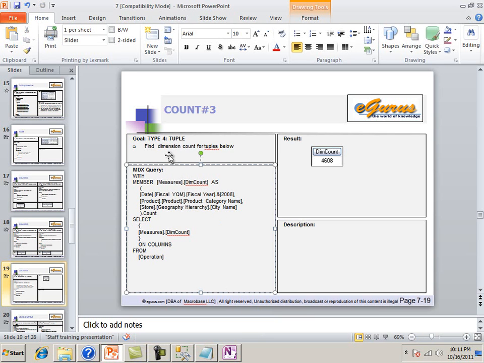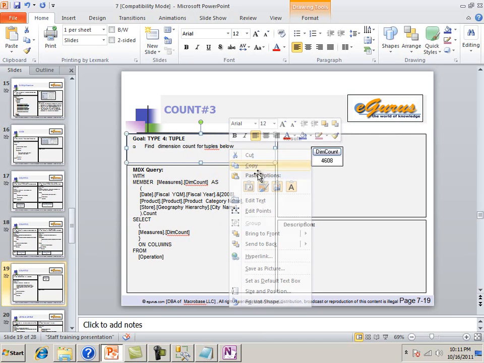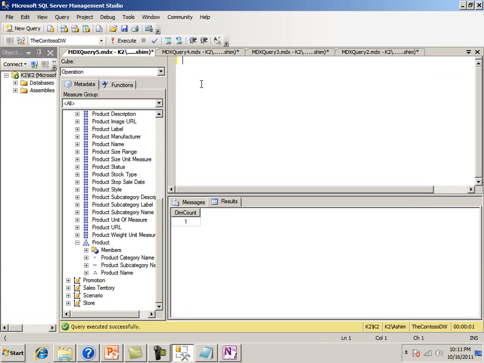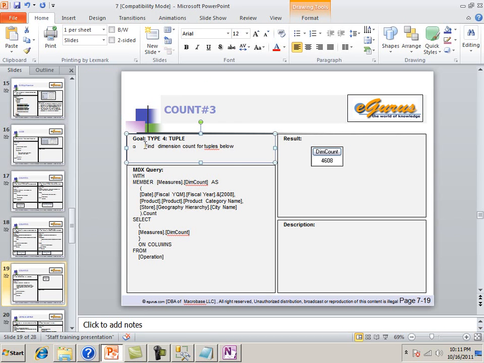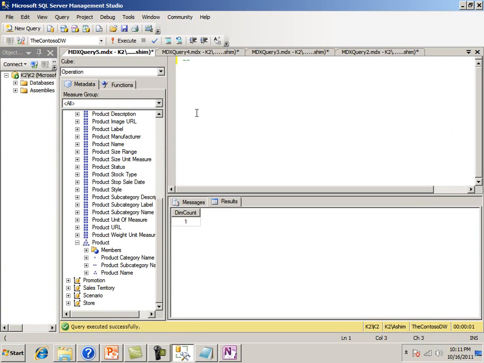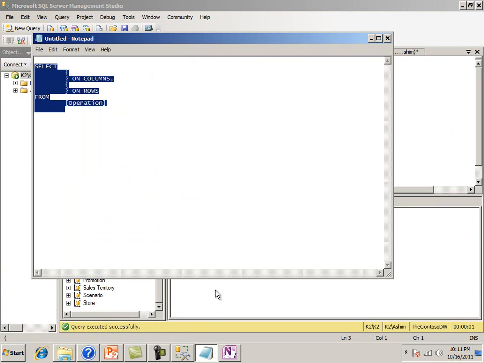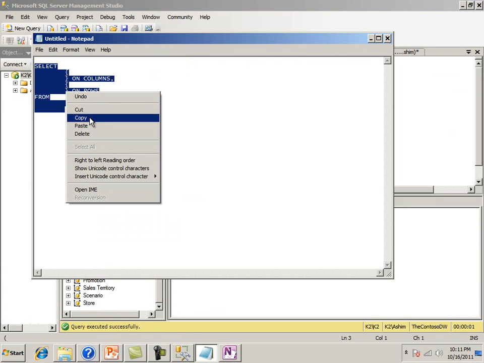So the dimension count for tuple. So let's see this, and I didn't copy it. So let me explain what it is. Let's do our